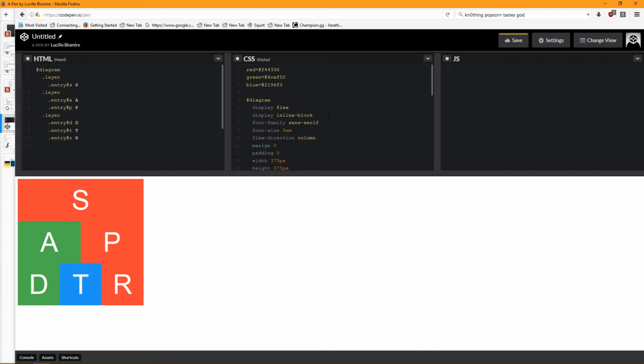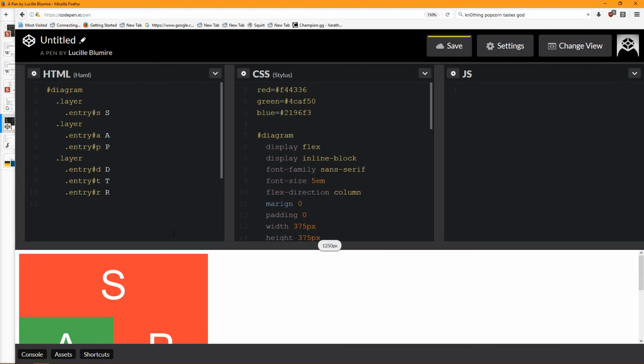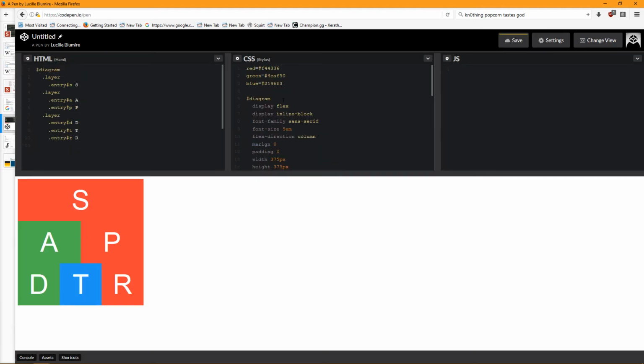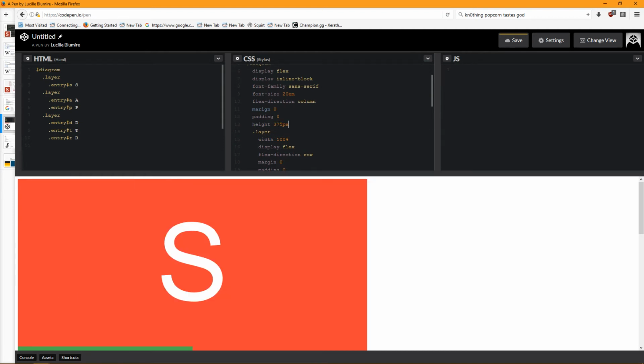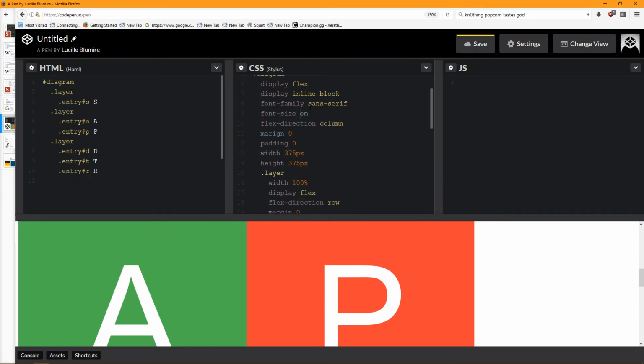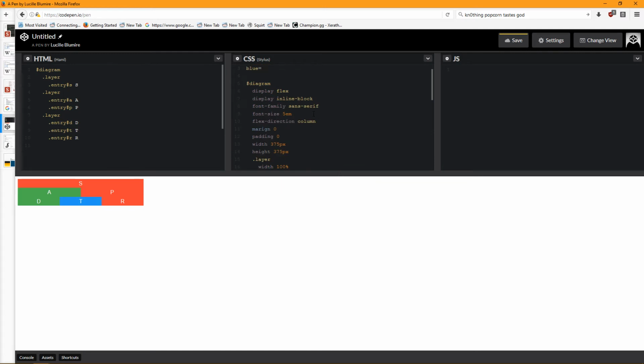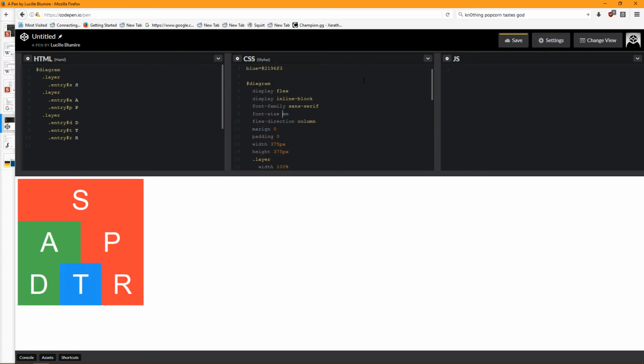Okay, so now I want to actually just blow this up to be way bigger. What's the best way of doing this? I need to scale the whole thing up. So let's just actually do font size like 20 em. That breaks things. Oh yeah, it's the width settings. Okay, you know what I'll do? No. We don't actually need it to be this big. Let's see how big it is right now. Because what I actually want to do is grab the diagram